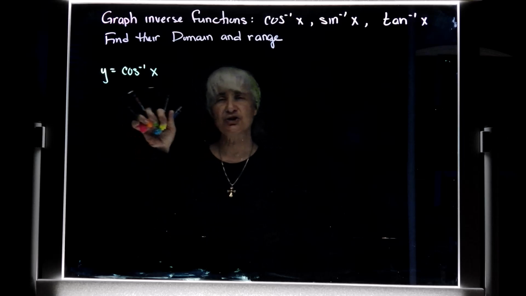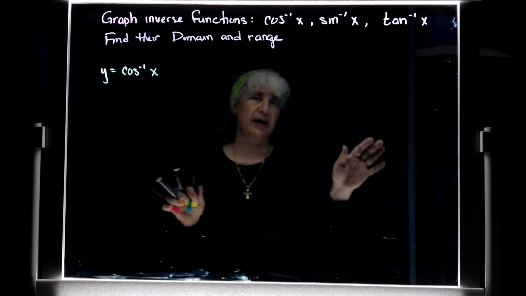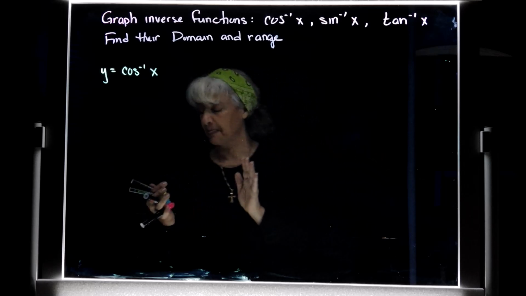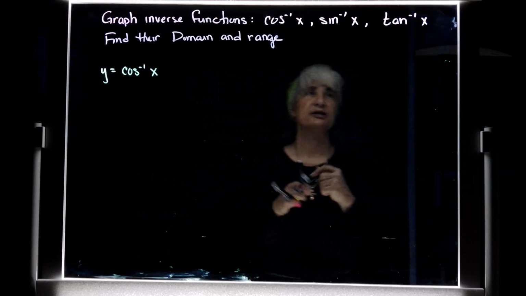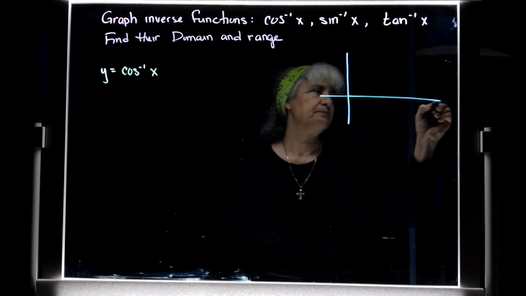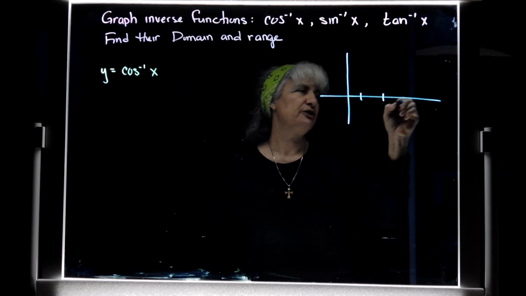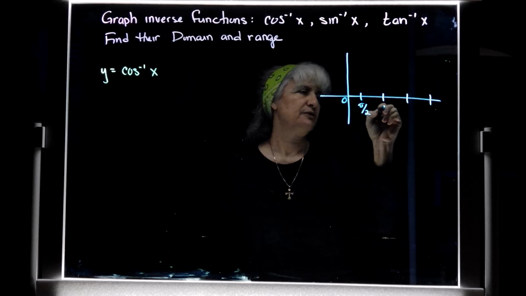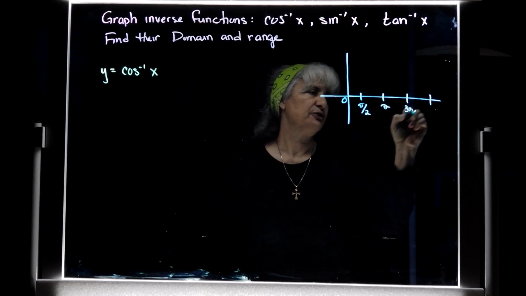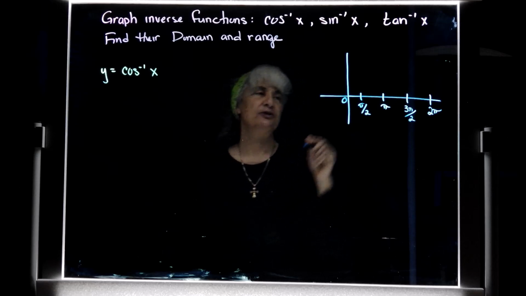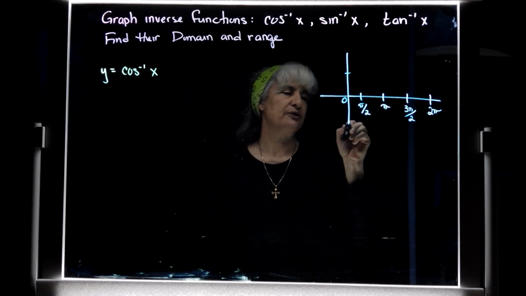Before I actually graph this, I want to go back and remind us of what the cosine function looks like. Are you with me? So let me sidetrack you a moment. Let me go over here to the cosine function. For the cosine function, we had 0, pi over 2, pi, 3 pi over 2, and then 2 pi, don't we? And if we looked at the cosine of 0,